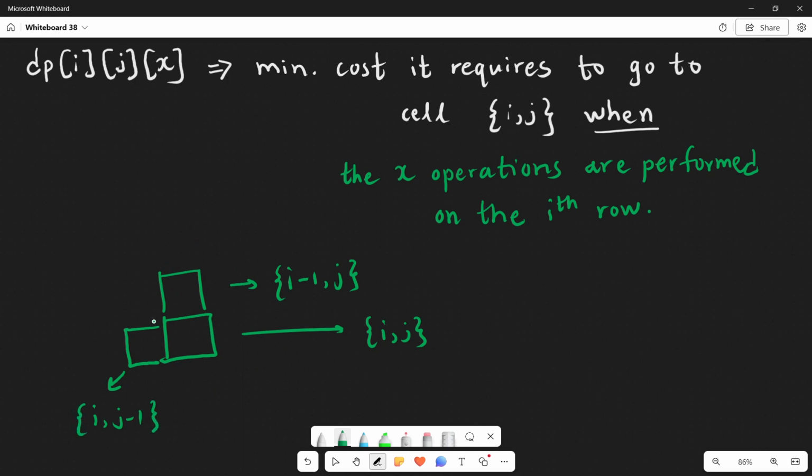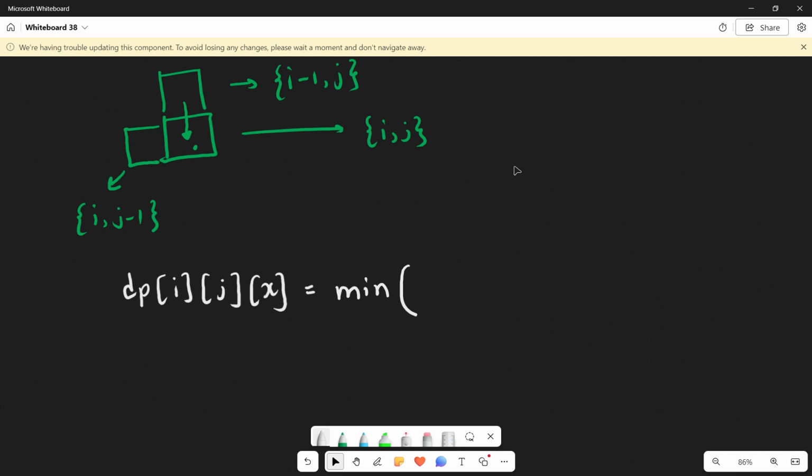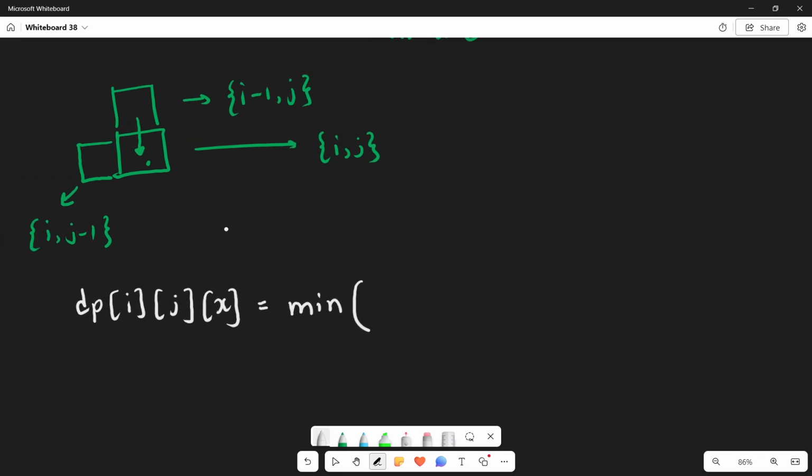Okay, so if you want to go here, let's take a case where you are coming from the upside. Okay, so let's be consistent with the colors, dp of i comma j comma x will be the minimum of